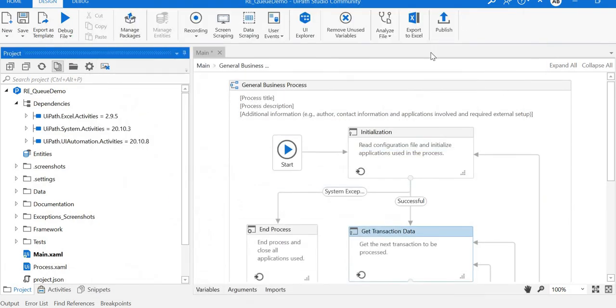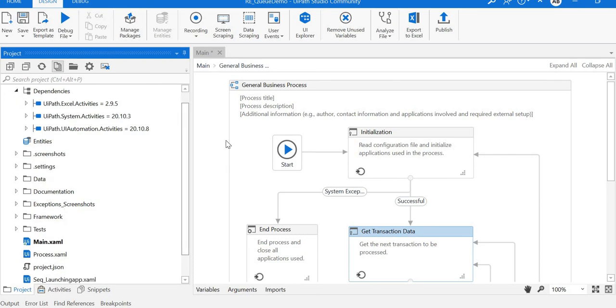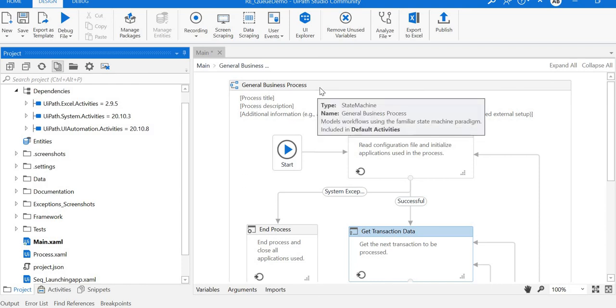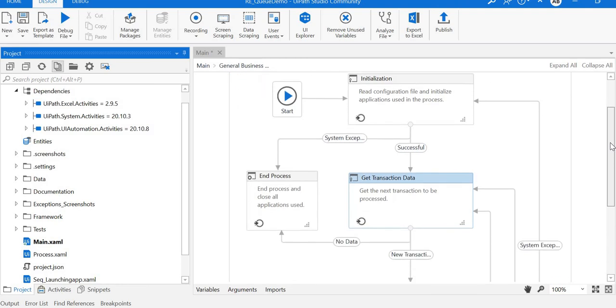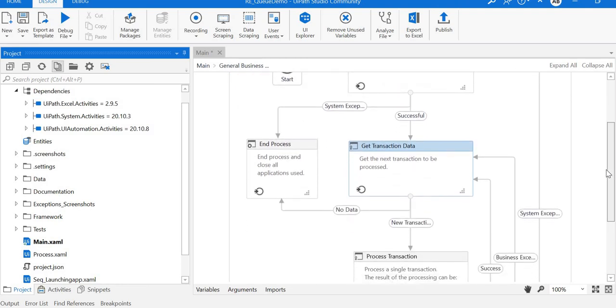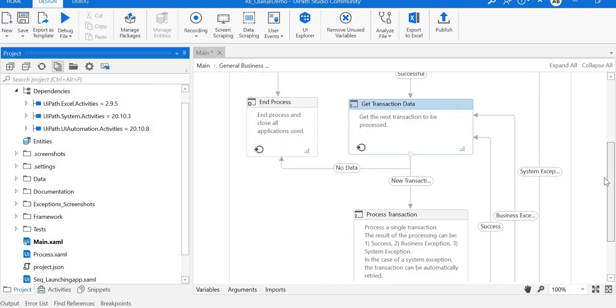So let me analyze this process. First, what we have to do. When you create a project using the RE template, you will get a half-baked template, I mean the template which is available from the RE Framework. There are 4 stages available in that: initialization, get transaction data, process transaction, and end process.